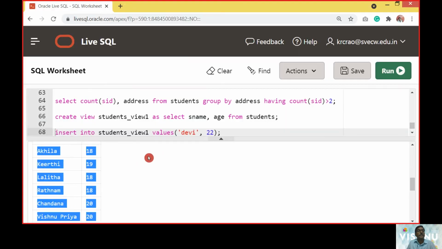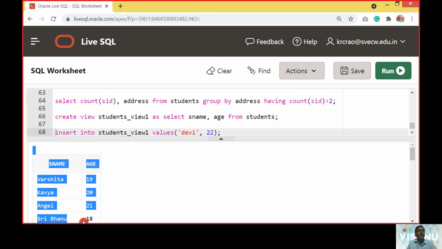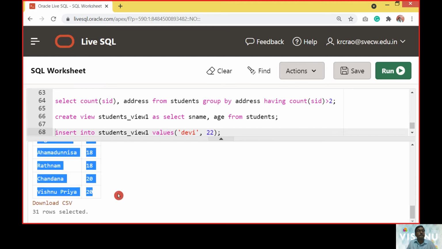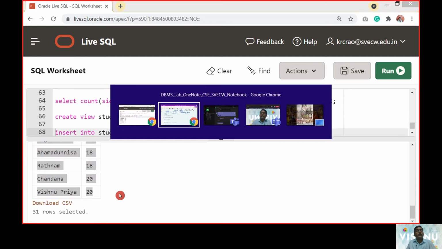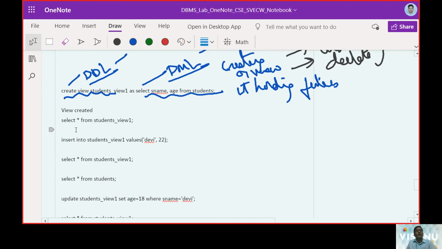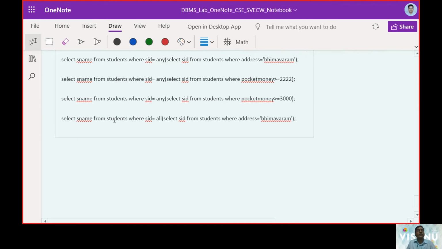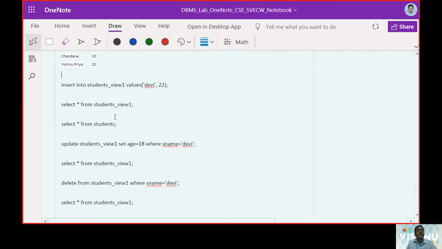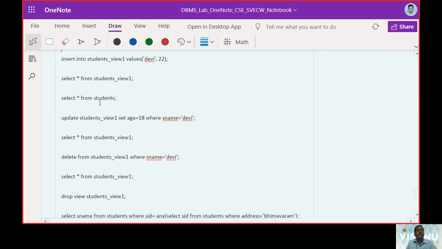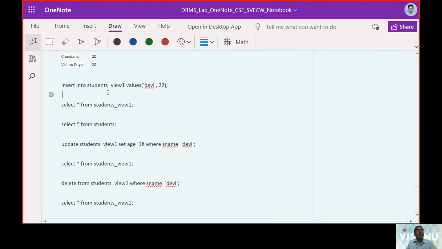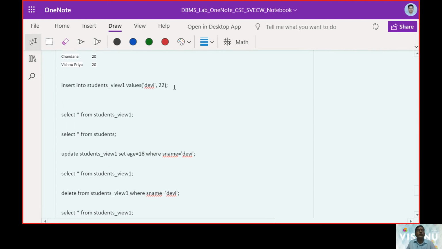Let us work with the first operation, that is how we can insert some elements into a view.